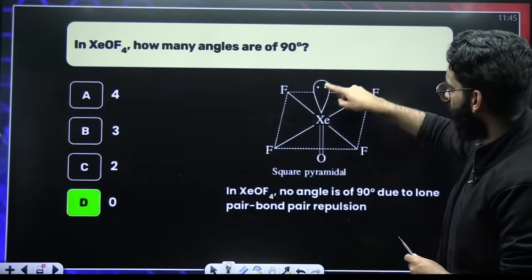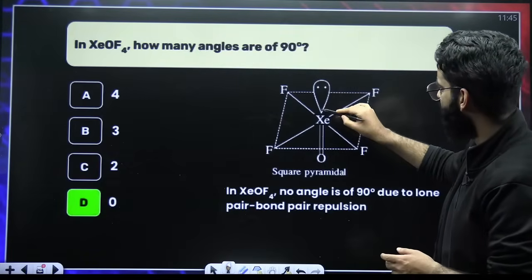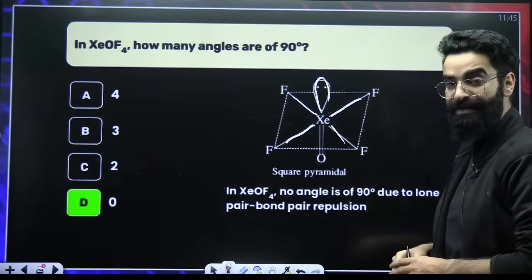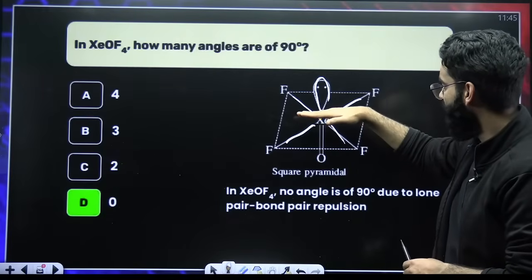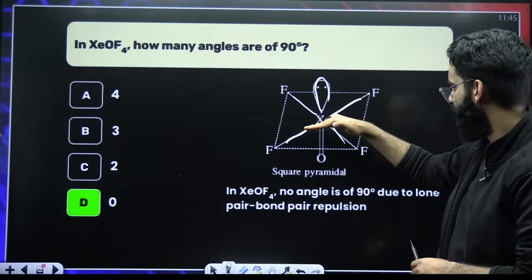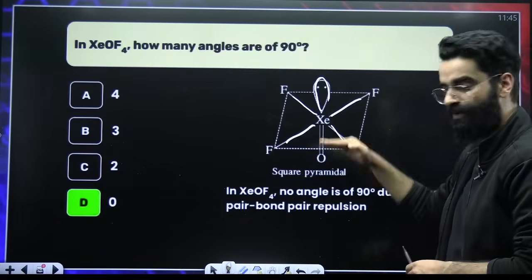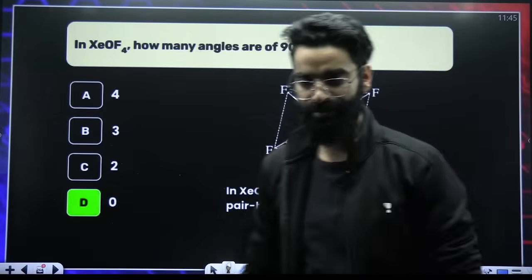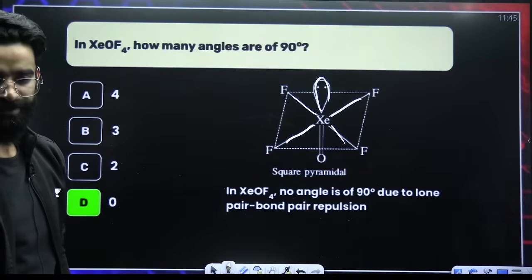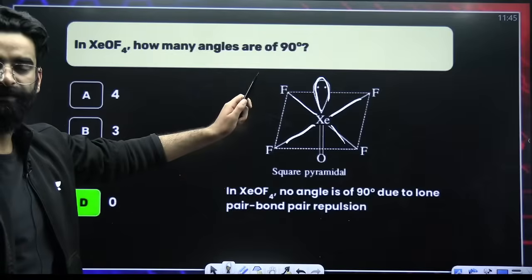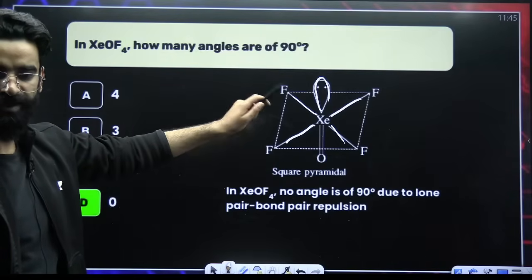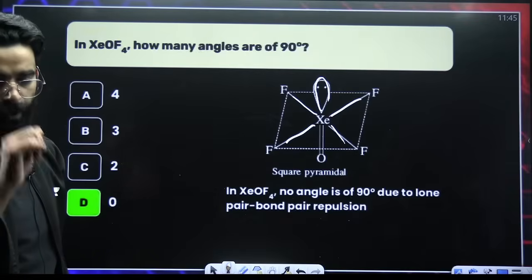Perfect. Between this lone pair and these bond pairs, there will be repulsions, due to which the bonds which were present on this plane will slightly bend downwards. You got it? Due to the repulsion between lone pair and bond pair, there will be no angle which will be 90 degrees